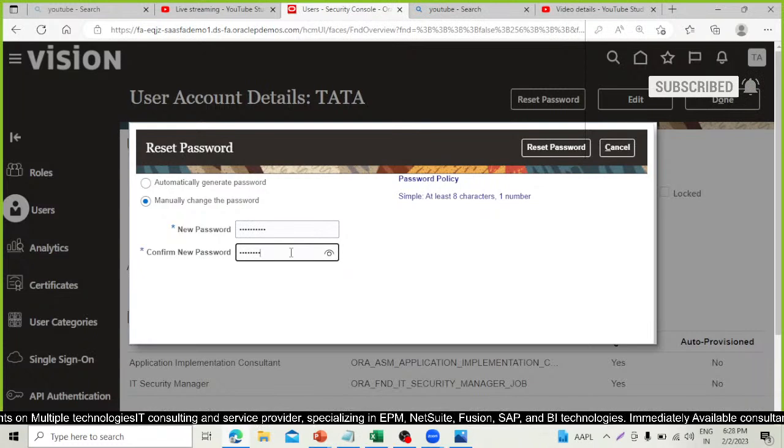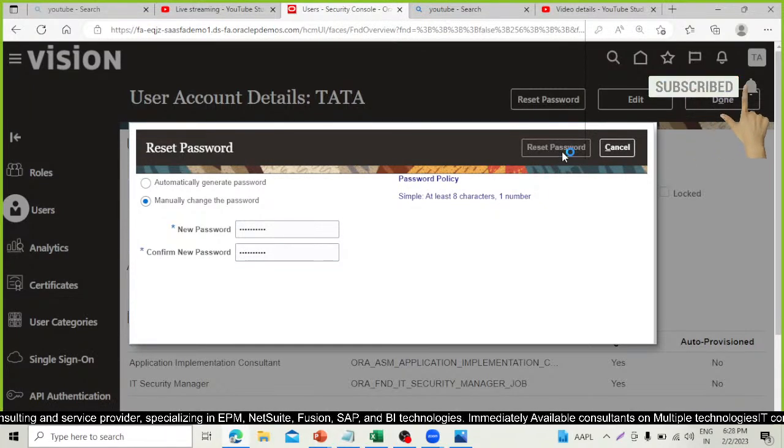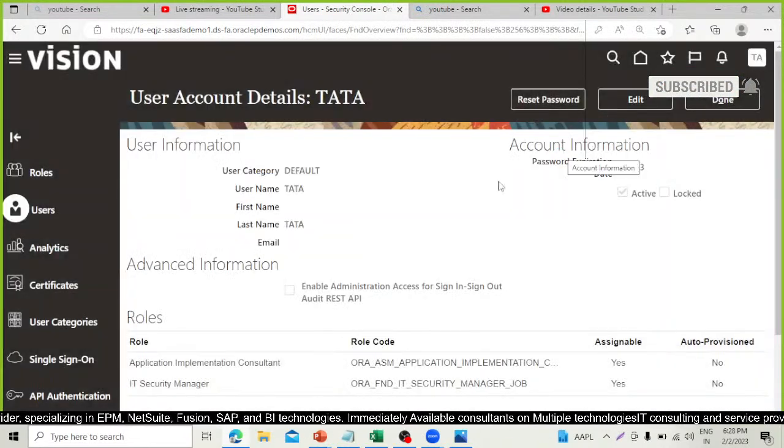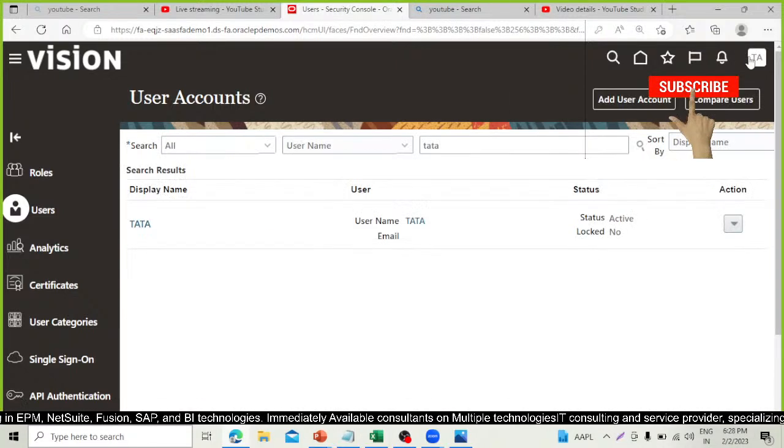Admin at the rate 1234. You can see, right? Click on this reset password, click on done, right? Let's sign out